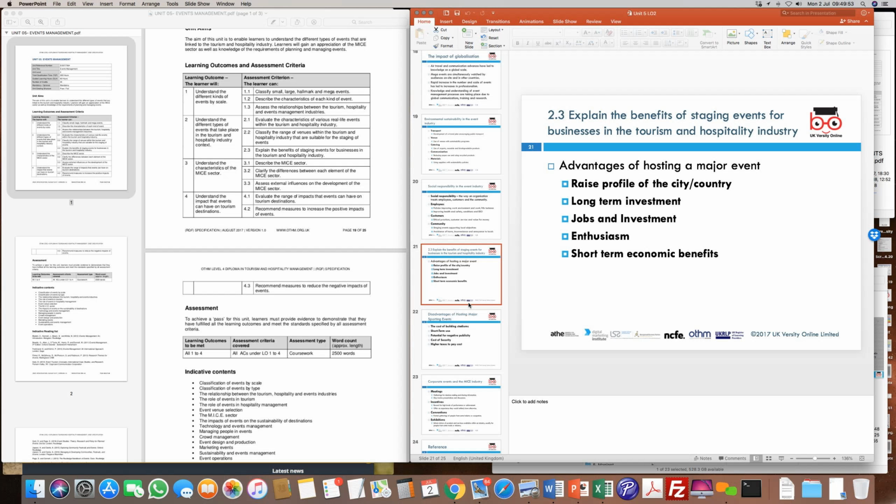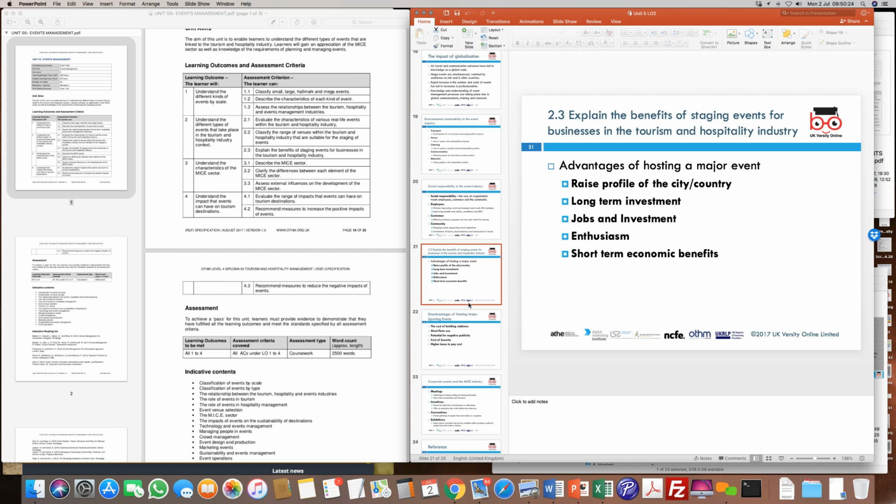And they do see that if we create a third runway now, in terms of long-term investment from a government point of view, this will bring a lot of traffic and people to the city of London, and that would mean money for the economy, tourism and things like that. They might not be staging an event, but the construction of the third runway would be an event from a public infrastructure point of view, raising the profile of London as a city and making it much more accessible.